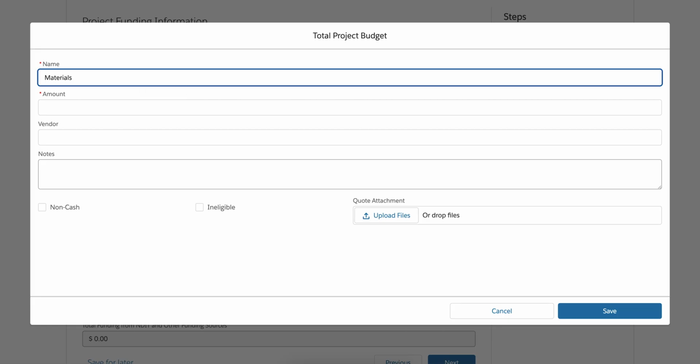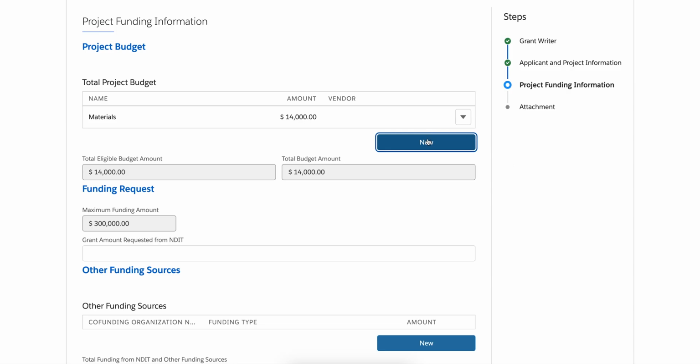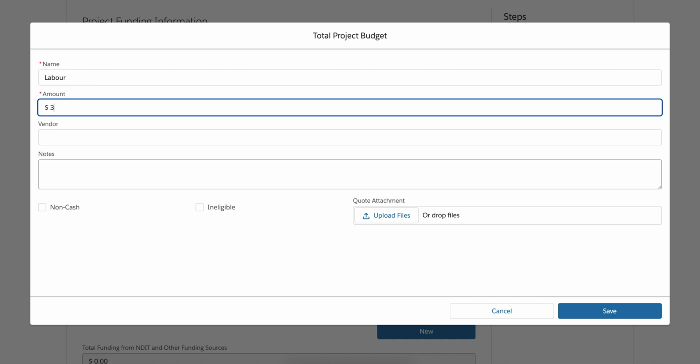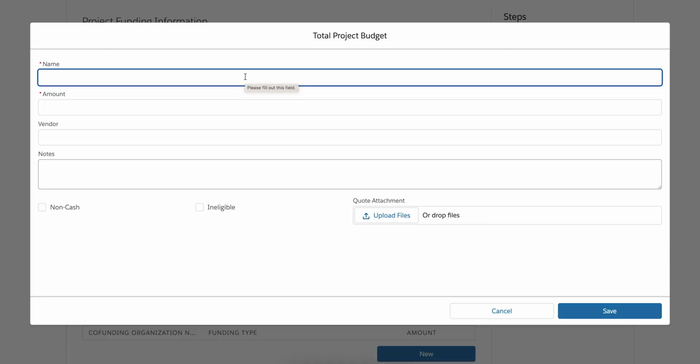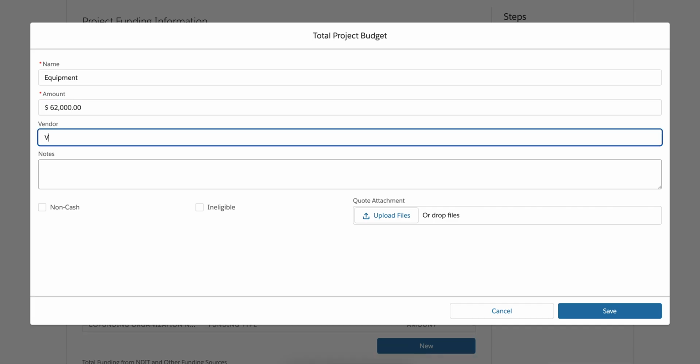Materials, $14,000. Labor, $3,500. And equipment, $62,000. There is an optional section to identify a vendor for this line item if you have an expected or